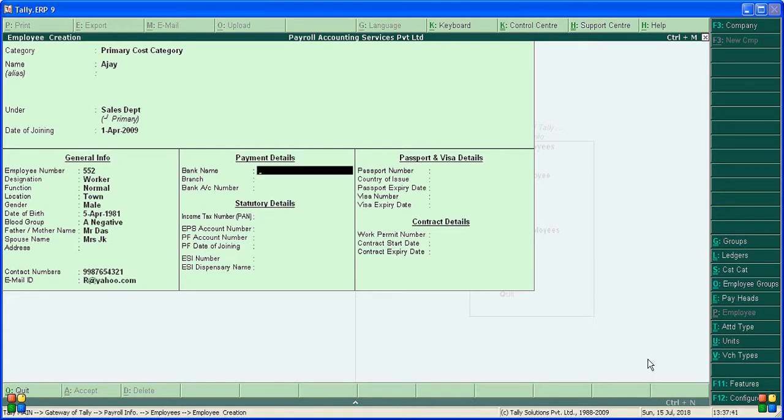Okay, Punjab National Bank. Okay, branch area, here I have already created account number, tax number,